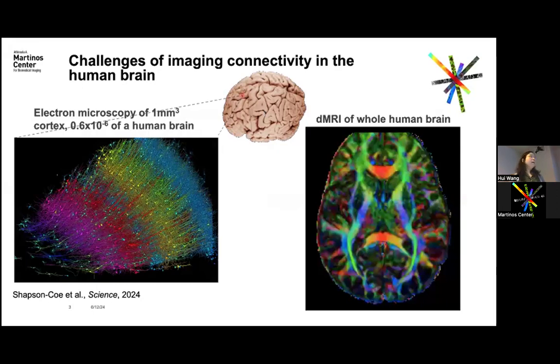On the other hand, on the other side of the spectrum, we have the diffusion MR technique that images the whole human brain, both in vivo and ex vivo. They look at big fiber bundles of brain-wide connections. It revolutionized our understanding of regional connectivity, but it also bears limitations in regions where multiple fibers converge together and then go into different directions, because within one voxel, you can see thousands of fiber bundles inside it.